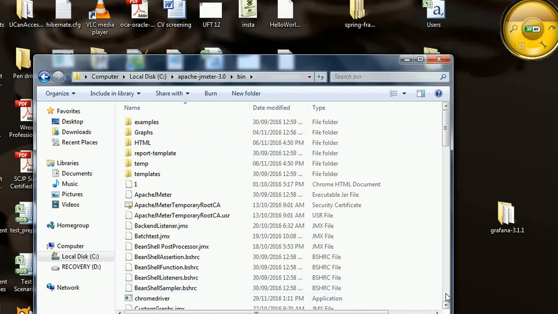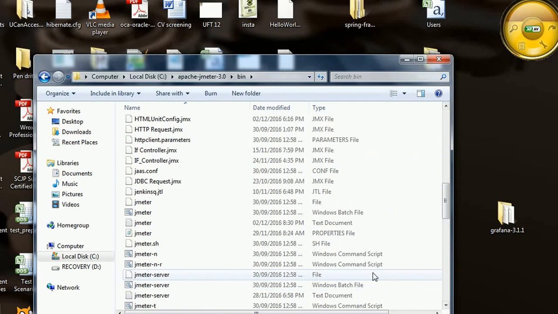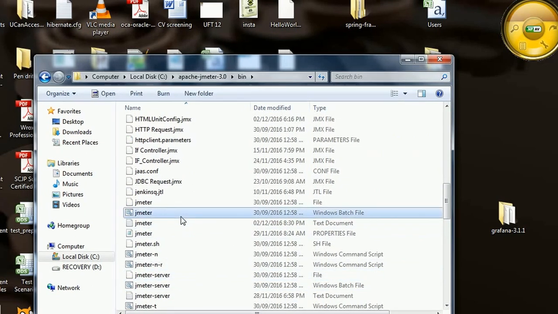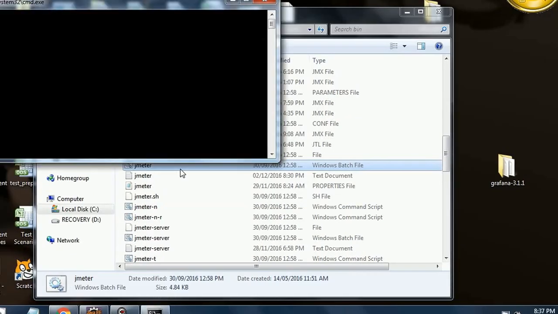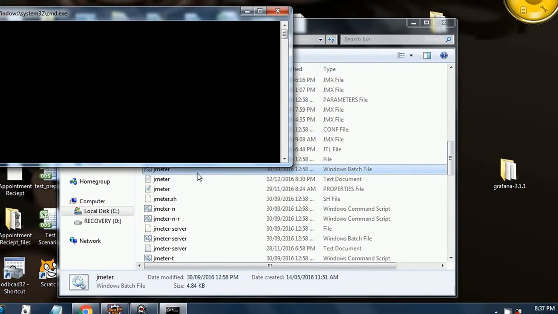So keep in mind that you need to open the jmeter.bat file and not Apache JMeter, because the jmeter.bat file will open a console window which will help you debug your code in case something goes wrong. This time also we are going to see the output in this console window right over here. So let's create the test plan and then we will have a look.